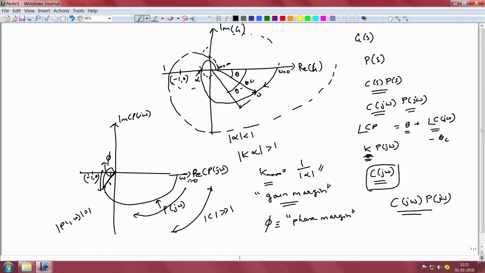And if it is encircling, then we have to go back and change the controller structure so that this encirclement is avoided. The problem though with the Nyquist plot of C of j omega times P of j omega is that it looks nothing like the Nyquist plot of P of j omega alone. Therefore, as engineers, it is not intuitive for us to anticipate how the Nyquist plot of C times P would look if you are given the Nyquist plot of P alone. Indeed, even the Nyquist plot of P is not any simple intuitively obvious curve, except for the simplest of cases, for example a first order plant or such examples.